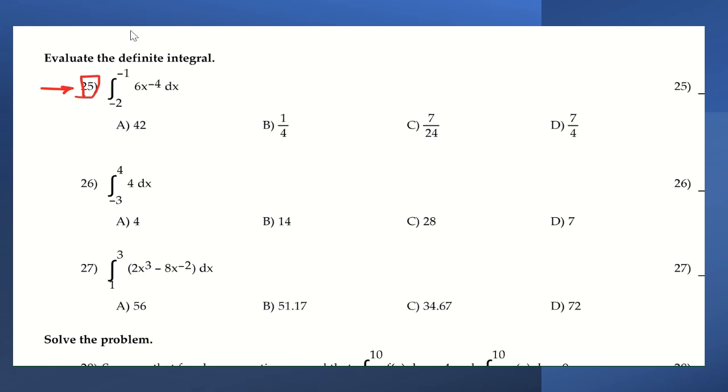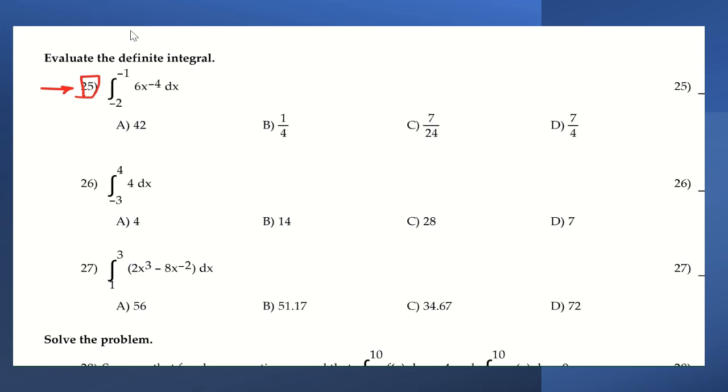So I can write integral from negative 2 to negative 1 of 6x to the power of negative 4. So I will use my calculator to write down the integral